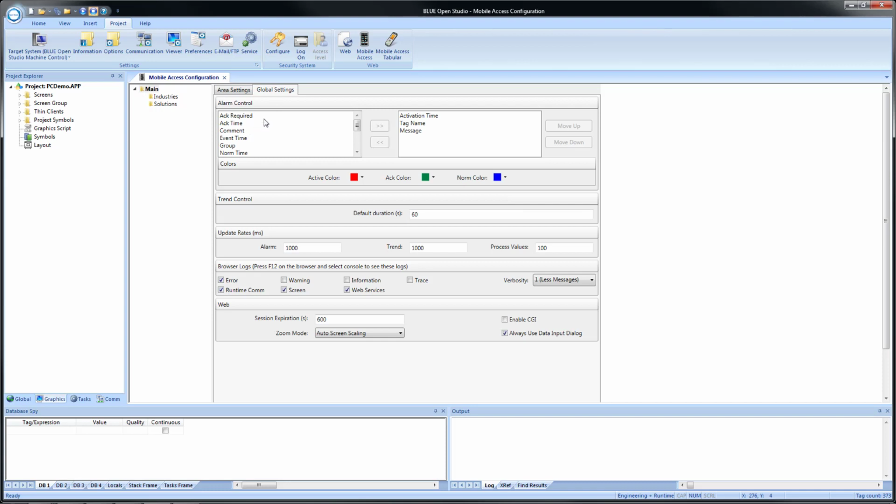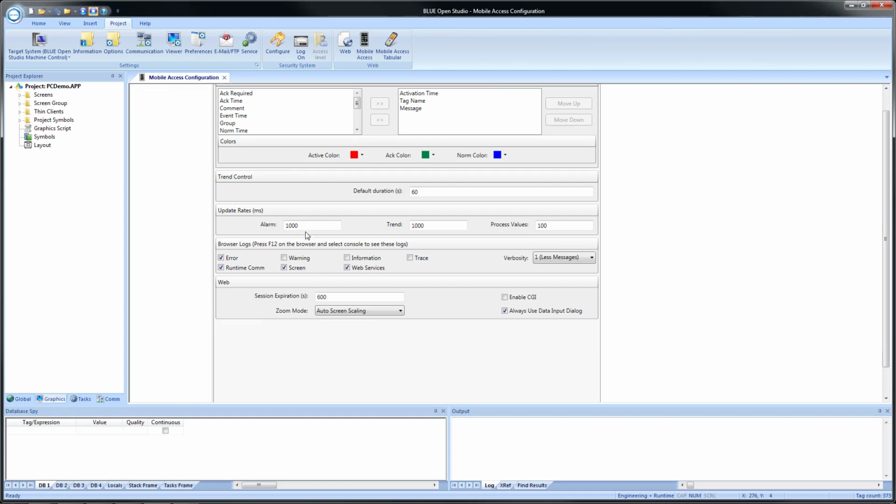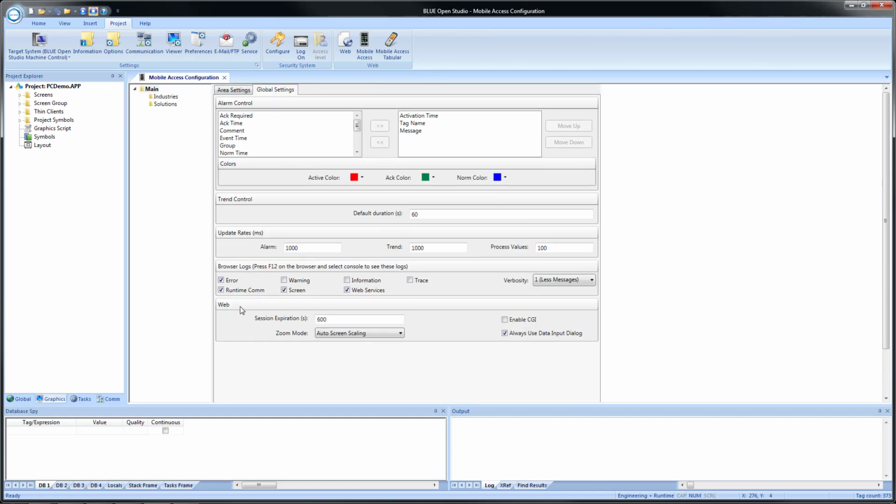And then under global settings, this is where we come to configure the alarm control and what we want to see for our alarm messages. And then also under web here, we have the option for auto screen scaling, which is extremely helpful because since this is through a web browser, it could be different screen resolutions. It could be one is connecting through a desktop PC, the other might be through a phone or a tablet. So enabling auto screen scaling is extremely helpful in order to keep everything kind of looking similar across different screen